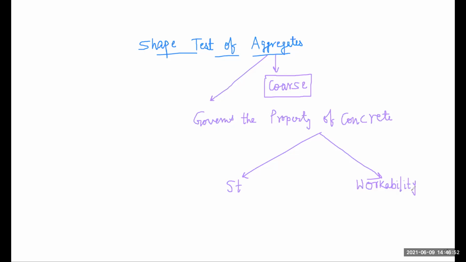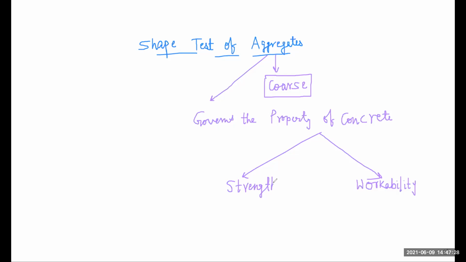I already discussed different factors on which strength of a particle will depend. Here my point of discussion was strength of concrete. So the strength of concrete will be governed by the property of aggregate. There are two properties on which the strength of concrete will depend. Can you say what they are? Sir, interparticle locking and bond strength. Okay, you say interparticle locking, and the next one is bond strength.